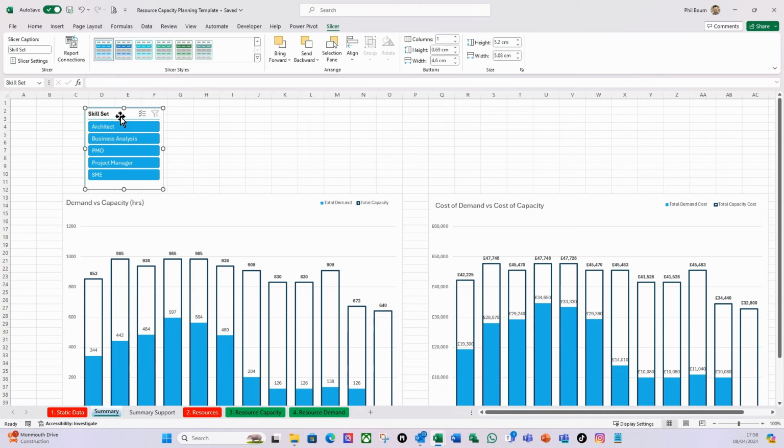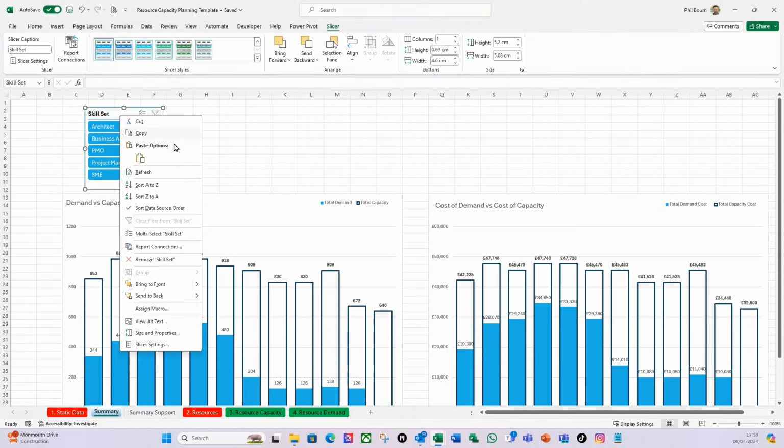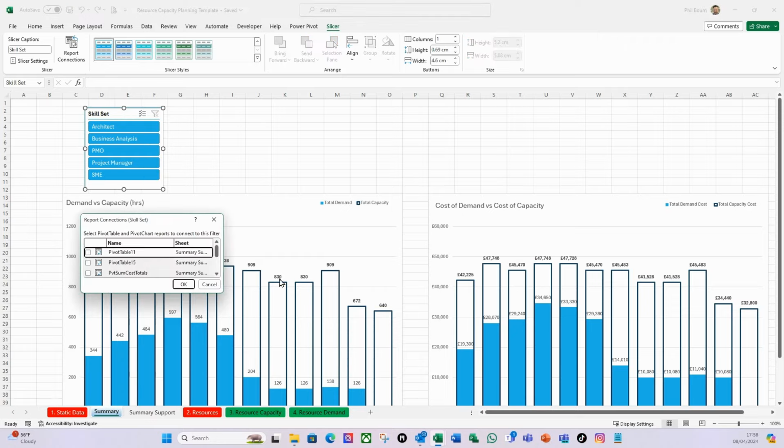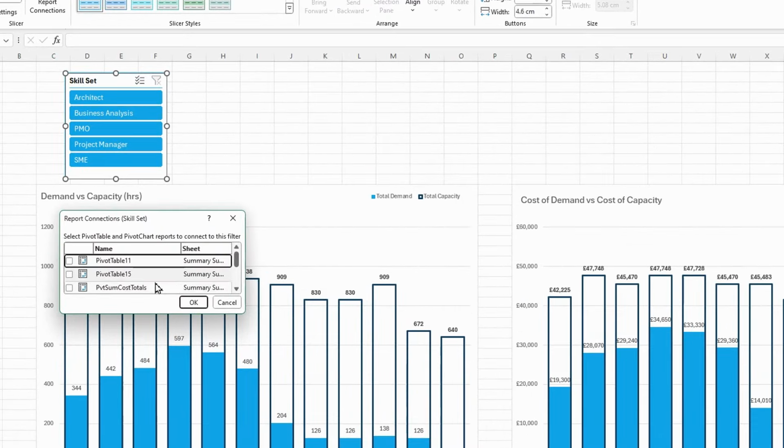I'm then going to right click on that slicer and select report connections, and I'm going to link it to my pivot. So I want it to drive the sum of cost totals. I want it to drive the demand versus capacity. I want it to drive the cost. I want it to drive that, and I want it to drive the utilization. And if I click OK,